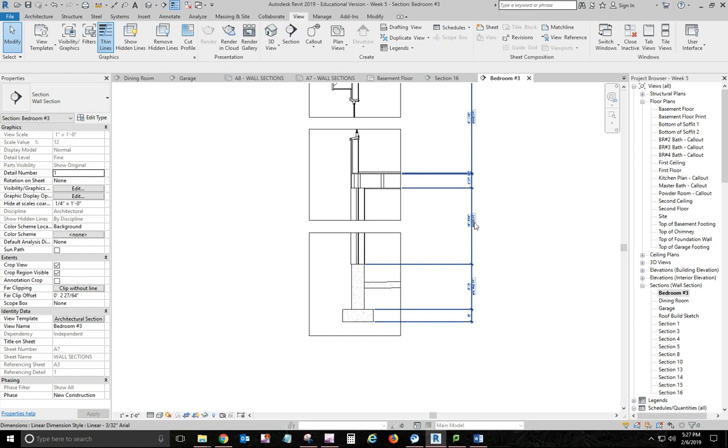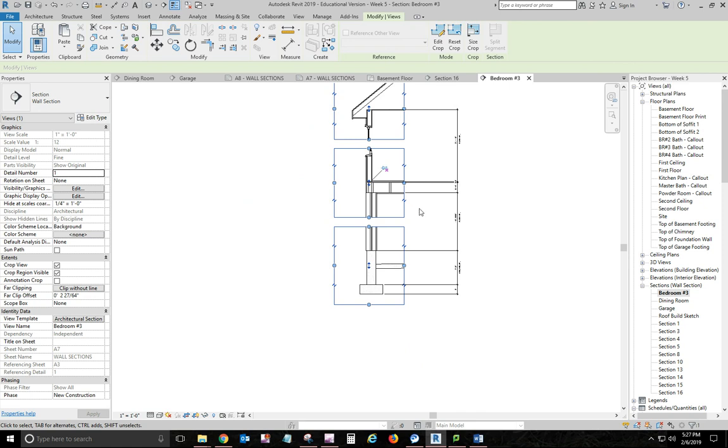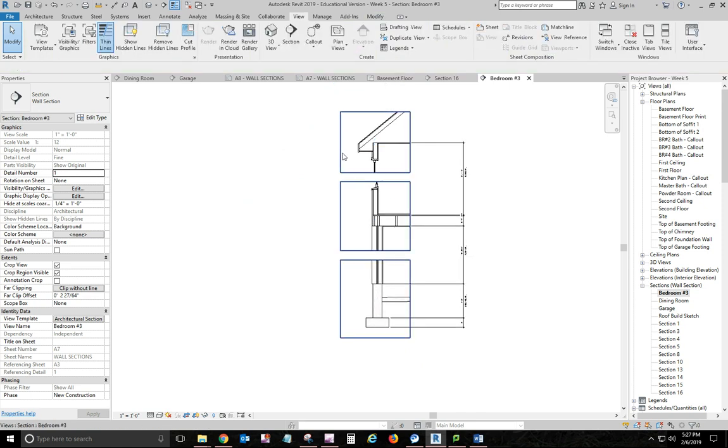Edit the text to add the suffix or the extra notes and things. Then do the section breaks. Okay, and that way you can align things and move things around and stuff like that. Now on this one, bedroom number 3,